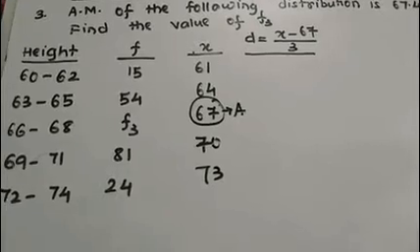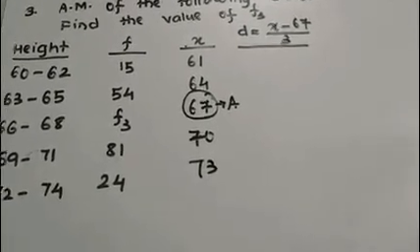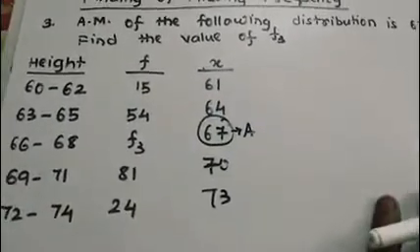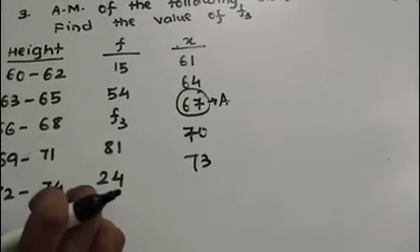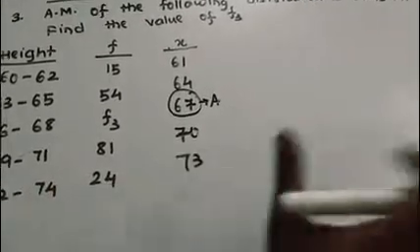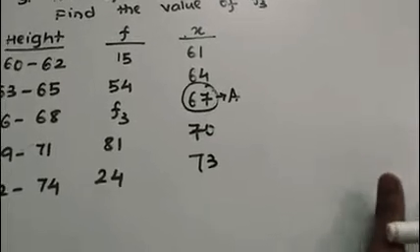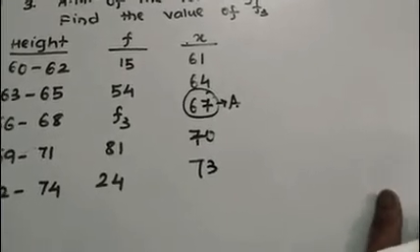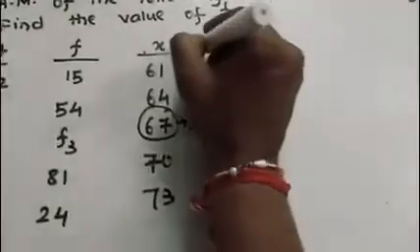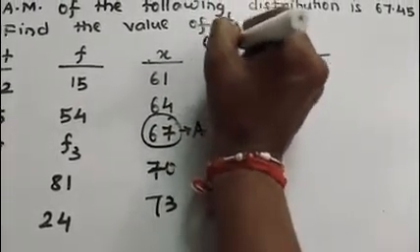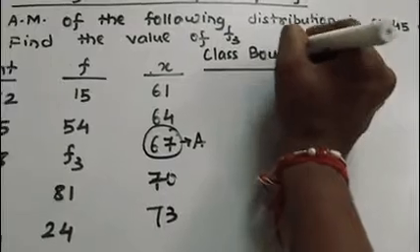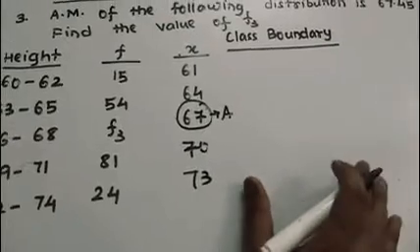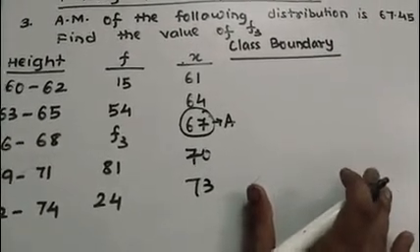How? Okay, for that, let us do one thing. Let us balance this discontinuous class into a continuous one. Then you will get your answer for how the i, that is the class length, is 3. Okay, now how to balance? The balanced one is known as class boundary. Remember that after balancing the discontinuous data into the continuous one, that is known as class boundary.